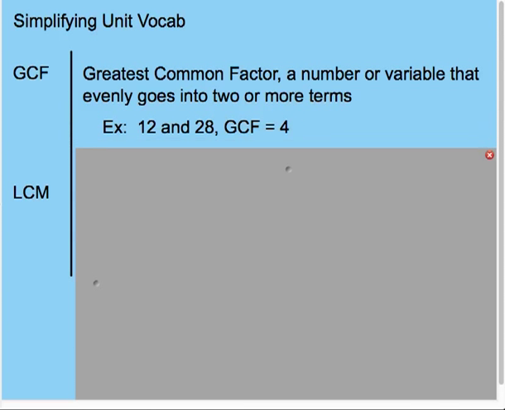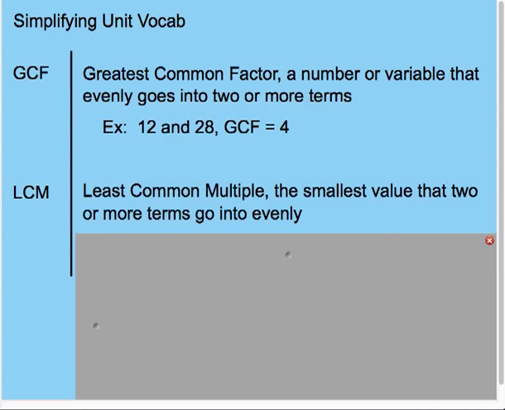An example with just numbers, 12 and 28: the GCF is 4, because 4 divides into 12 evenly, and 4 divides into 28 evenly. There are no numbers bigger than that that go into both numbers, so that's where the greatest comes from. LCM is least common multiple, and that is the smallest value that two or more terms go into